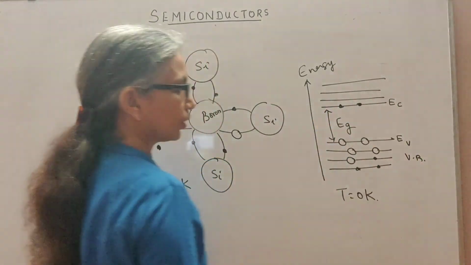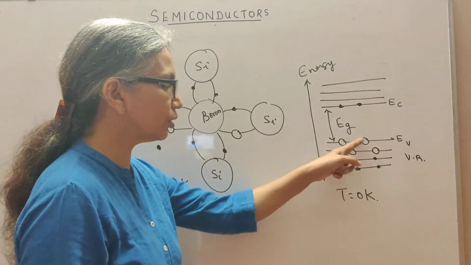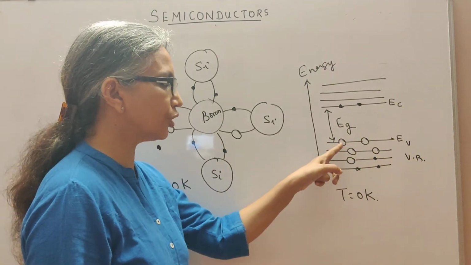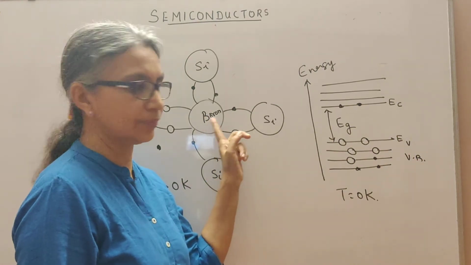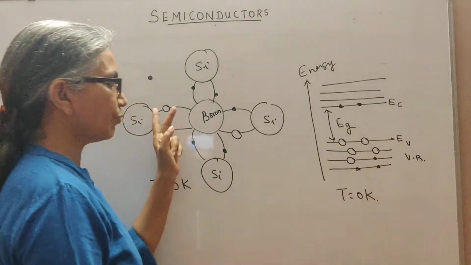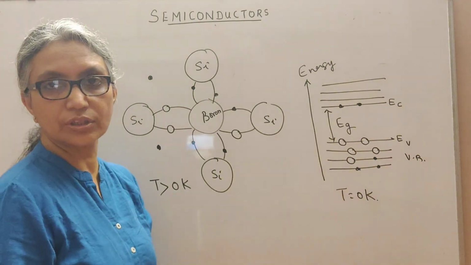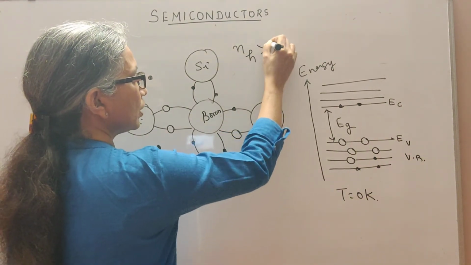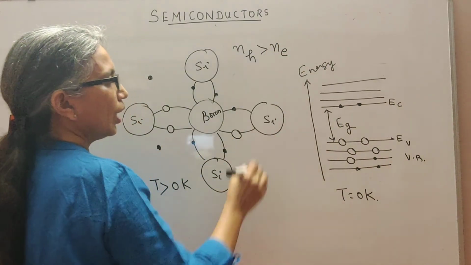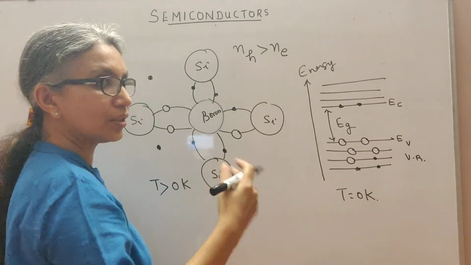but these 2 free electrons should appear in the conduction band. Okay, so now you see 1, 2, 3, 4, 5 holes, out of which 3 were provided by the boron, which is the impurity atom, and the other 2 came because of thermal excitation, the electrons becoming free. So now we have number of holes greater than number of electrons,